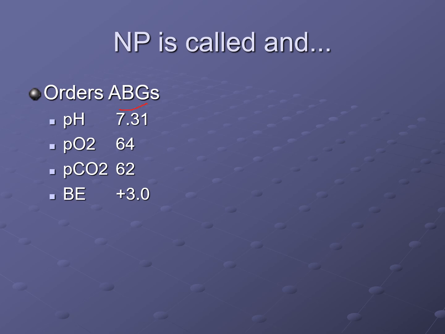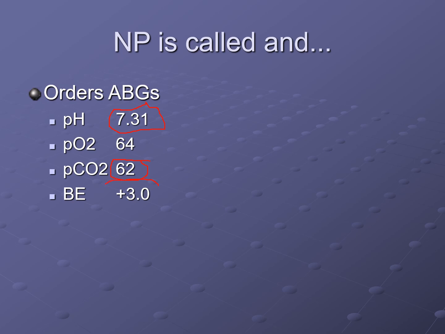And now, in fact, what's happened, her pH has gone down. She's more acidotic. And what has happened to her PCO2? It's gone up. This woman obviously had a hypoxic drive. She only breathed faster when her oxygen went down. And so what happened was by giving her extra oxygen, we slowed her respiratory rate down. By slowing her respiratory rate down, she retained a little bit more carbon dioxide. Carbon dioxide plus water equals H2CO3, which is carbonic acid. And so her pH goes down and she becomes acidotic.